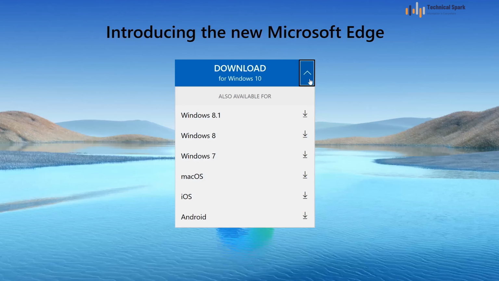The all-new Microsoft Edge is built for Windows 7 to 8, Mac OS, iOS, Android, and Linux support is coming soon. This video will primarily focus on the desktop edition of Windows Edge. So before we start with the demo, let's first understand how to download and install this Microsoft Edge browser on your computer. To do that, let's go to the desktop.